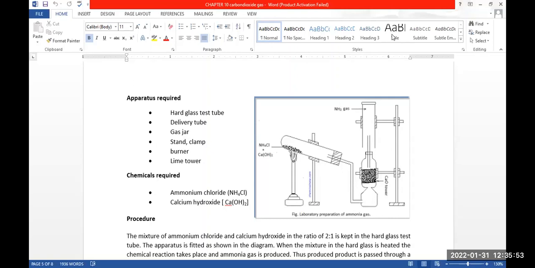200 to 900 atmospheric pressure. Which catalyst is utilized in Haber's process? Iron. And which promoter is required? Molybdenum is the promoter. Promoter is the substance that enhances the function of catalyst, that helps in proper functioning of